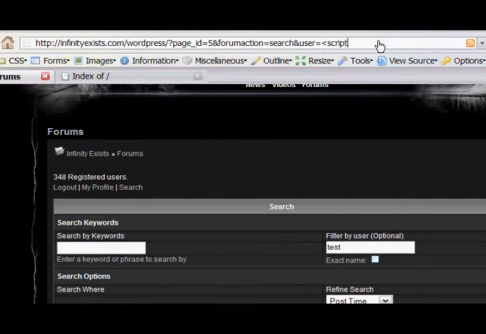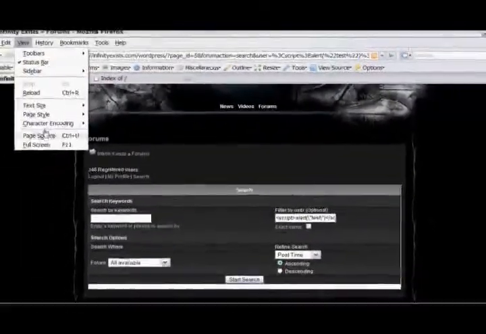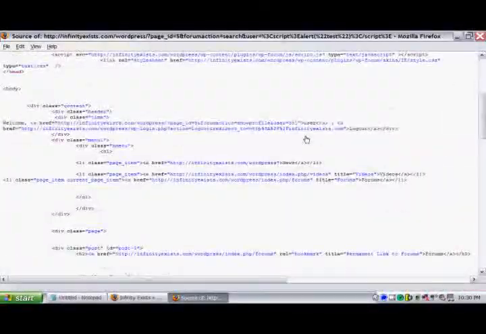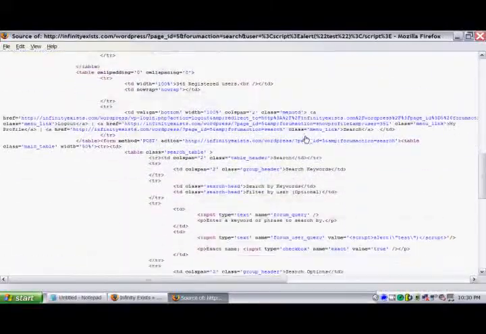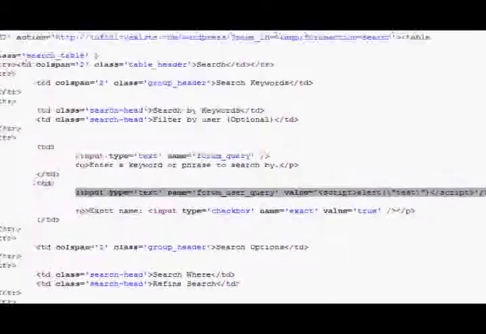So you want to test even further to see if script is filtered out, or HTML. So we'll put in script alert test. Then you'll notice it didn't work. So we'll view the source, see what happened. By viewing the source, you'll notice that the HTML code is not filtered out, but it's included in the value of that input. So we'll just copy this into Notepad